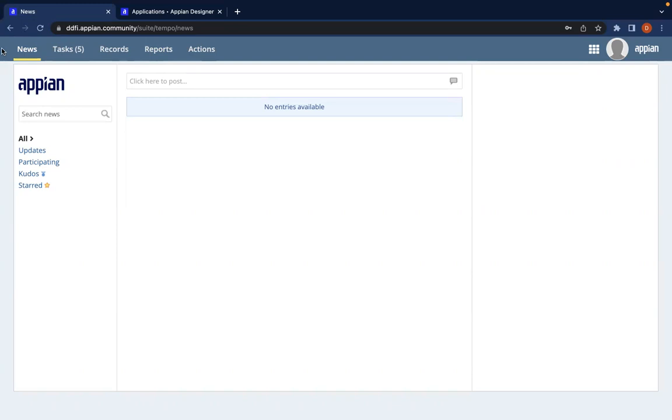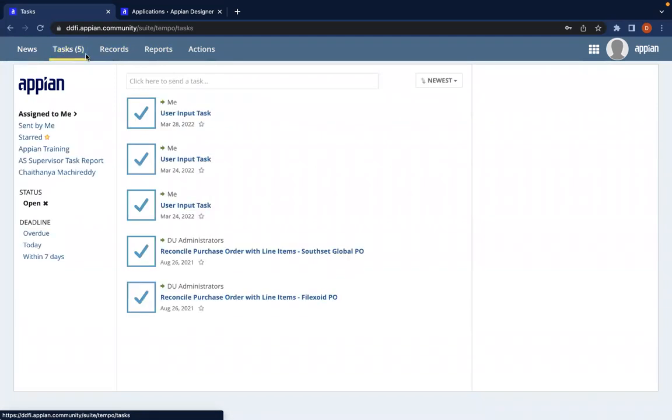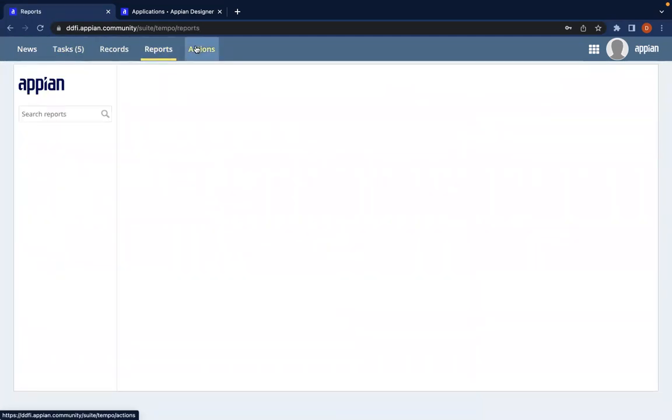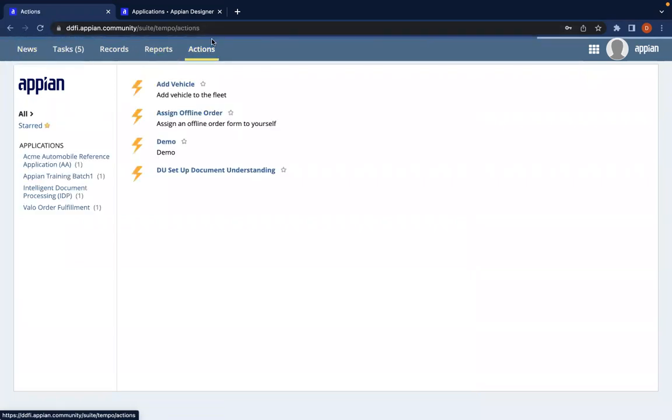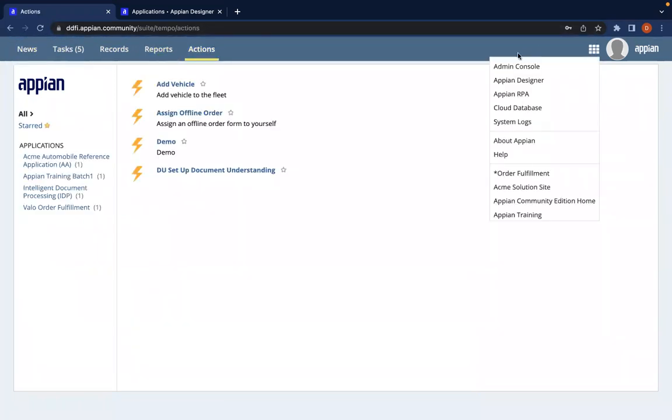So what is this Tempo? This is like the main homepage, and everything resides inside it. These are the five tabs that we use to see everything in these applications. Once you click here, there is the admin console, the admin page. And there is